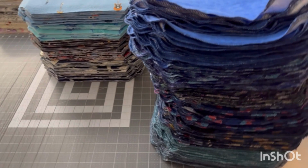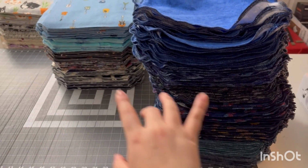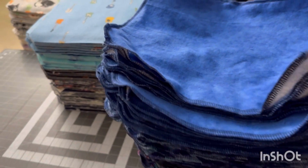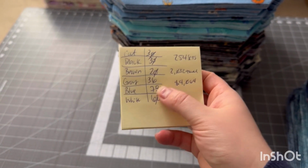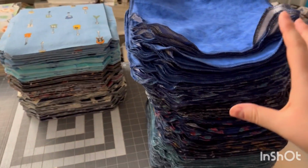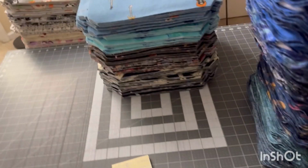I have just finished my first pile. So I did start with both of these, the blue piles. They were the same height, but you know, they're not as pretty stacked right now. So if the blue stack was, let me look at my list here. The blue stack was 78. So these are probably 36-ish each. So I've done this stack and I plan to do this stack tomorrow